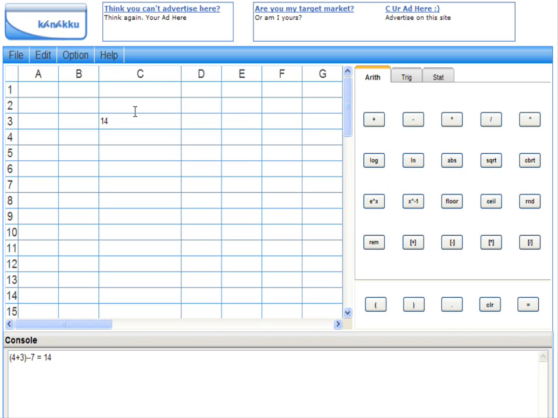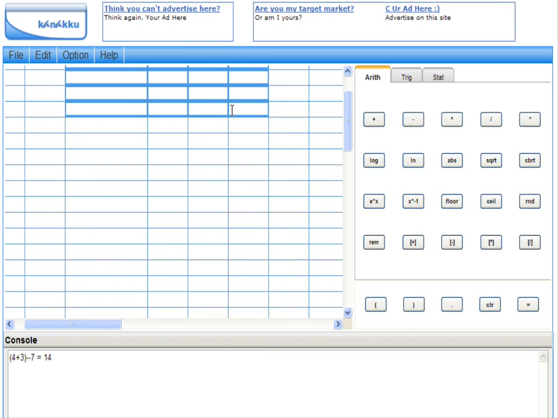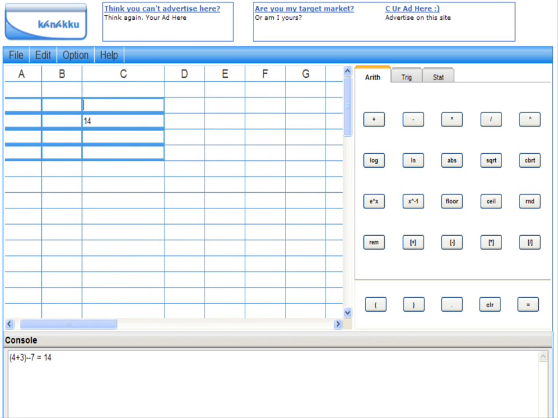The application also allows you to multi-select cells. In order to multi-select, you need to click on a cell and then drag the mouse. You can go to the right, left, up, or down. If you need to click on elements that are outside the current view, you can do so by going to the edge of the spreadsheet. The application will then start scrolling in that direction. So you can go to the right, down, up, or to the left.